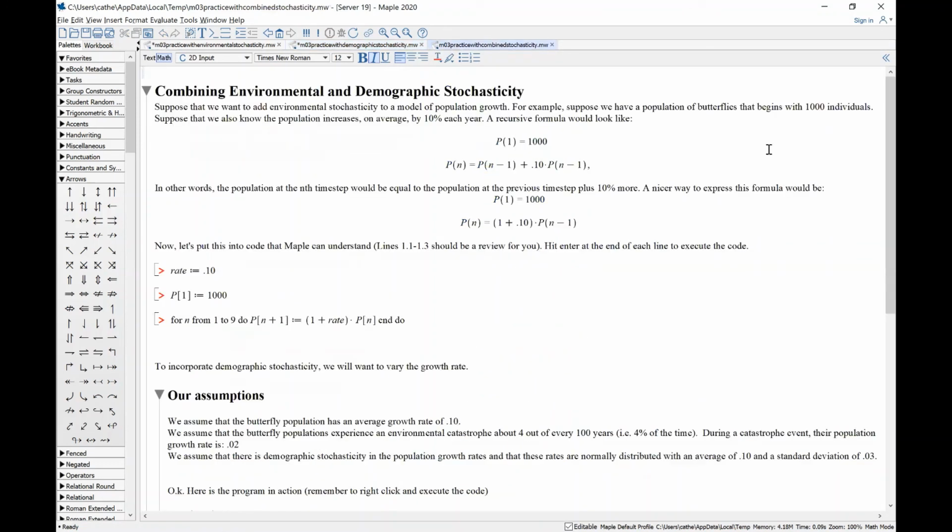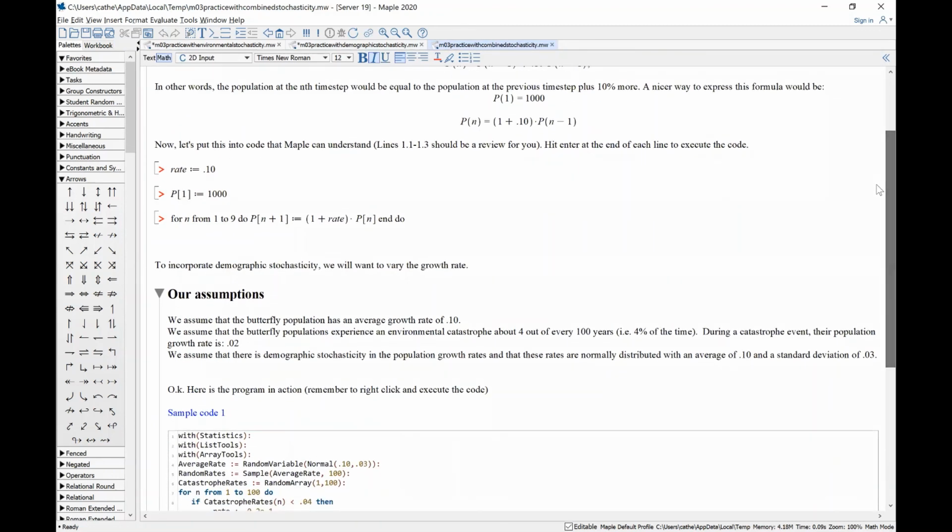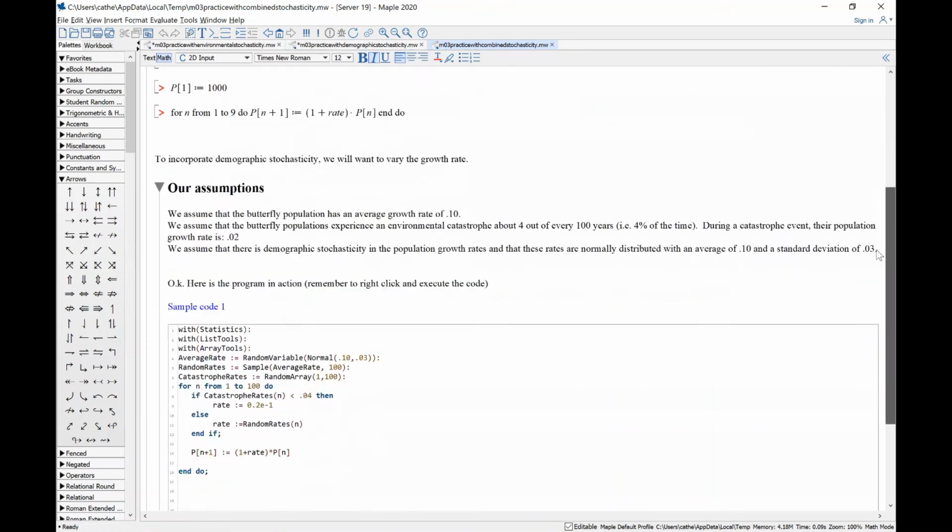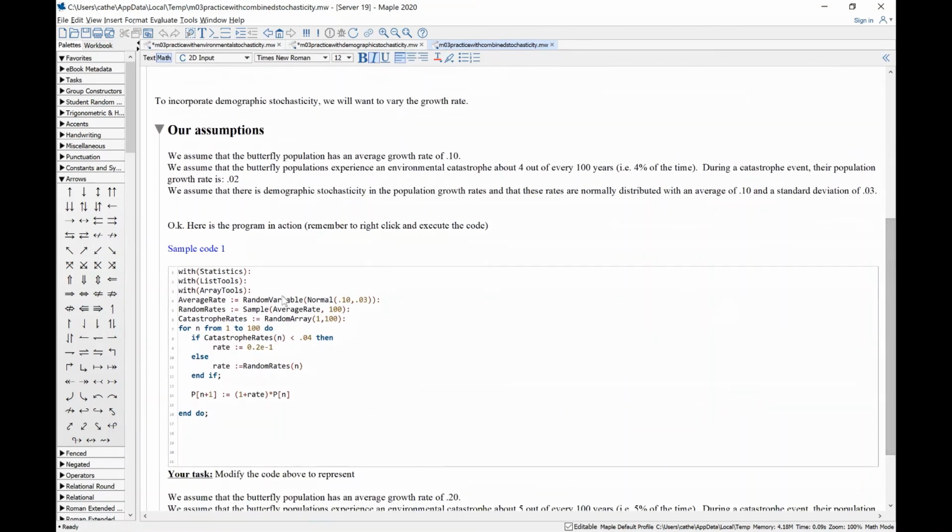In the third file here, you have the same model, and what you're going to do is you're going to incorporate both environmental stochasticity and demographic stochasticity. So reading through the sample code here, you can see where I've called the normal distribution